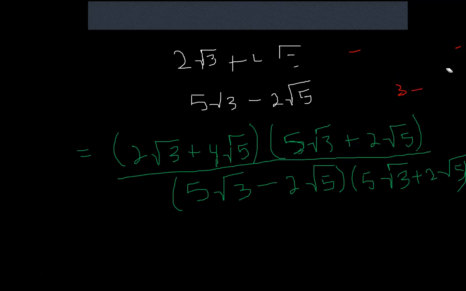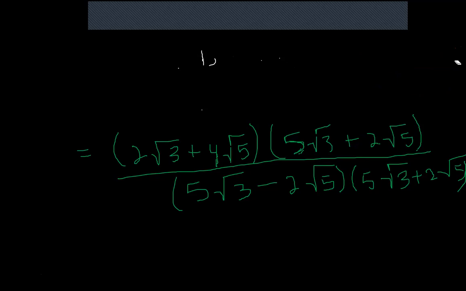So just erasing this to get some space. All we have to do now is simplify by expanding the brackets. And we could do so using the distributive law. And you would have met that law, the distributive law, in a math class at some point before. So if I expand these brackets, I would get, remember when multiplying surds, I can multiply both like surds and unlike surds. So if I wanted to say 2 root 3 multiplied by 5 root 3, that's the same as saying 2 times 5,